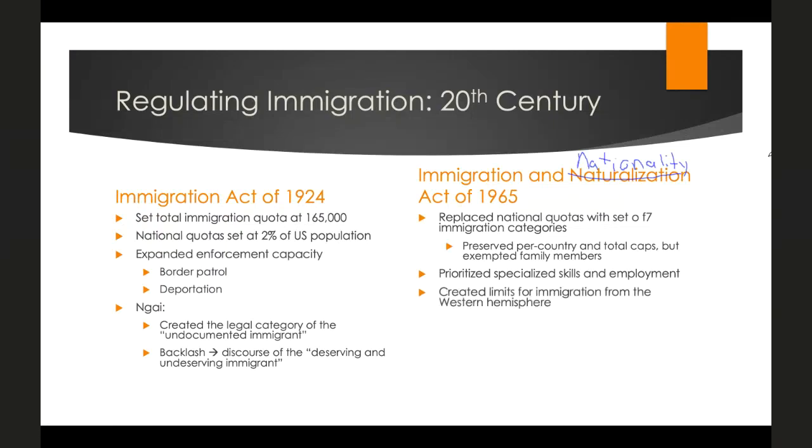This also created, for the first time, limits on immigration from the Western Hemisphere. If you remember, the immigration quota from the Act of 1924 was specifically for the non-Western Hemisphere, and now in the 1965 Immigration and Nationality Act, we have a shift to creating specific limits for the Western Hemisphere,